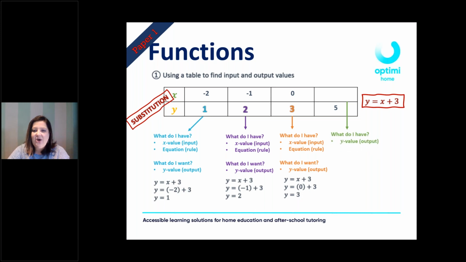So what do I have? I now have my y value, output value, and I have the equational rule. I want to find my x value, my input value. You're still going to follow the same steps. You're going to take the equation. Now you're going to substitute the value of y and not of x. And then you're going to solve x by using inverse calculation. So x plus 3 means I need to subtract 3 on both sides. And you will find that